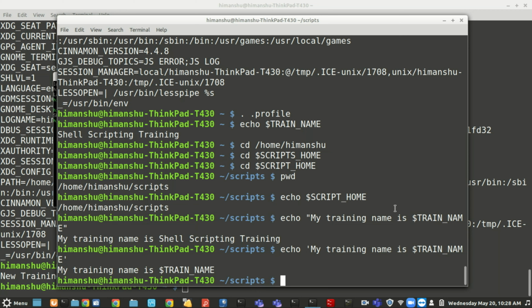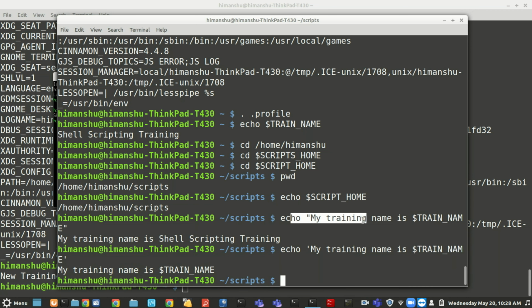Double quotes will read the variable and replace it with the value. But when you are using single quotes, it will treat everything inside single quotes just as a string. It will not identify that with any specified value. It will not replace $train_name. It will just simply use it as a string.